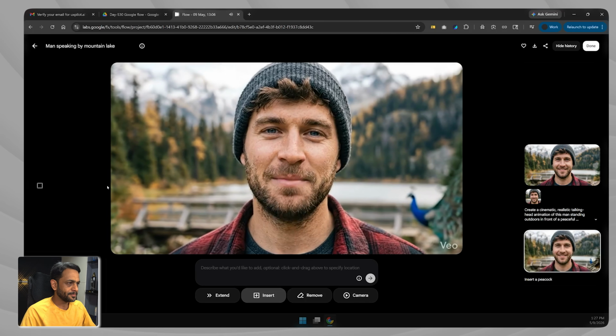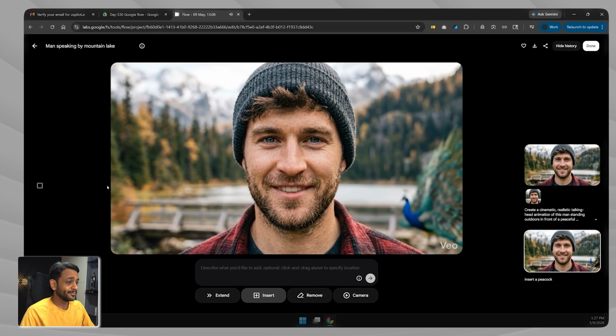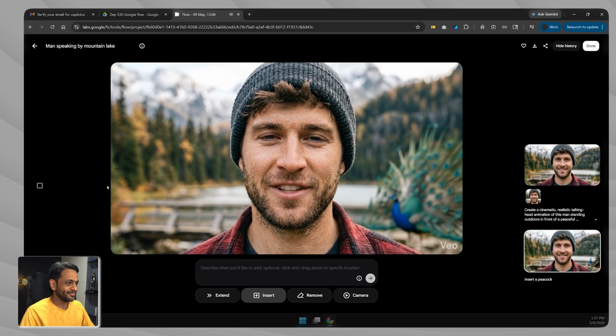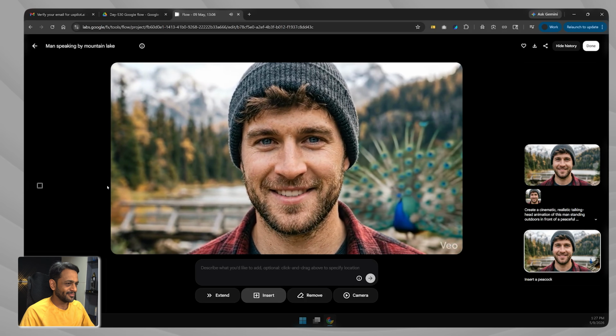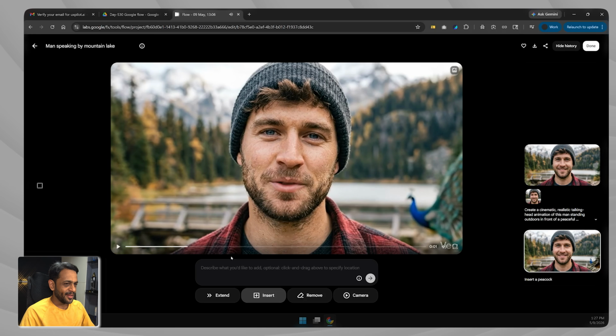Let's see. Behind me is one of the most peaceful places you could imagine. A beautiful alpine lake surrounded by tall pine forests and stunning mountain peaks. Behind me is one of the most